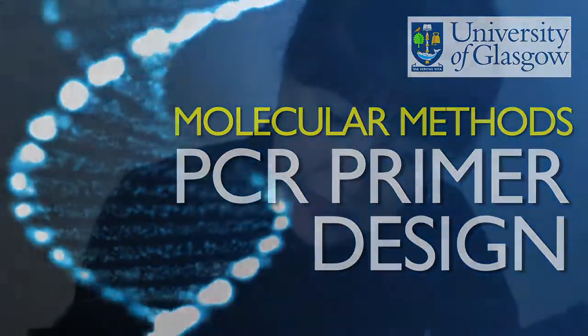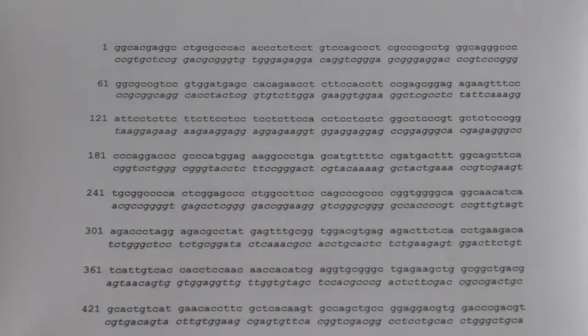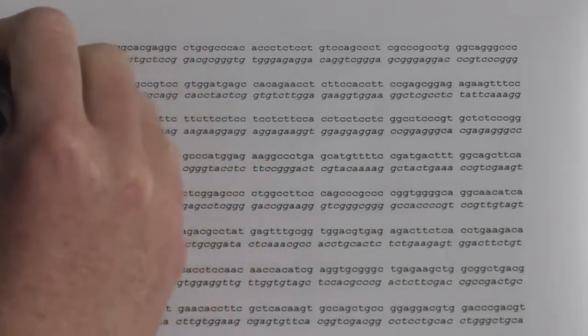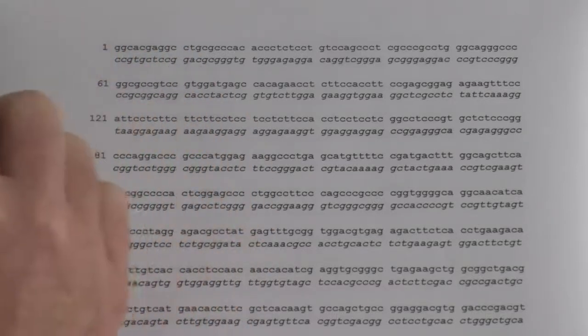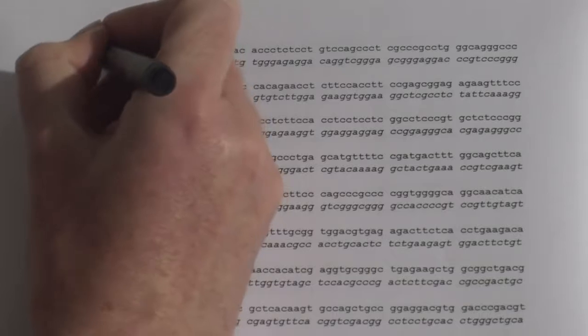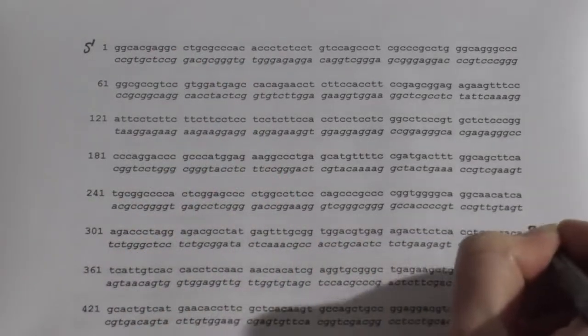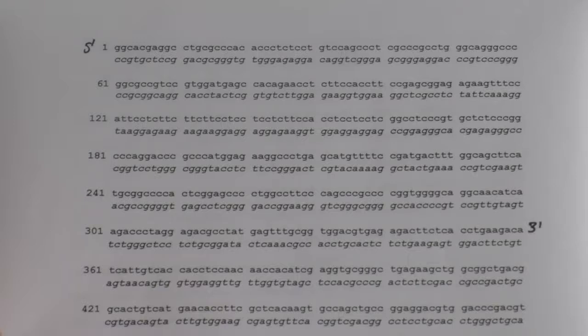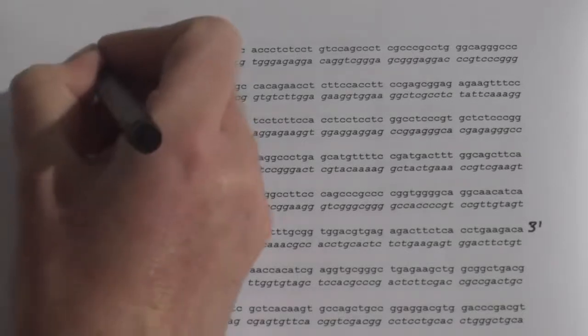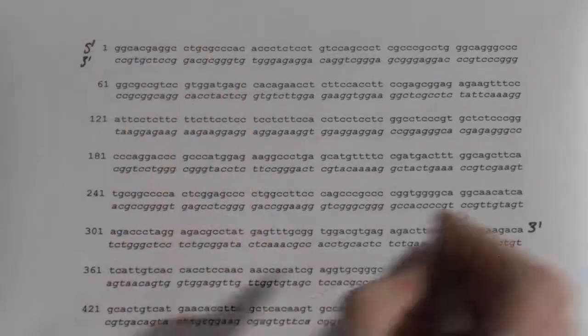We're given a piece of DNA and asked to design a pair of PCR primers that are going to amplify a sequence within our target. The DNA that we've been shown here is a double-stranded section of DNA. Convention dictates that the upper strand that we are shown, and usually the only strand that we are shown, will run from the 5' to the 3' direction, which means that the complementary strand underneath must be running 3' to